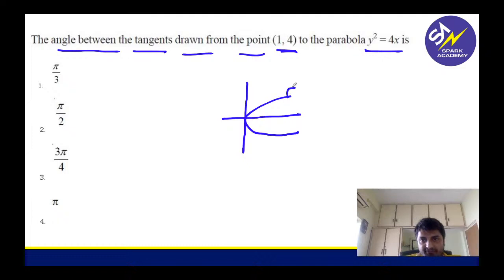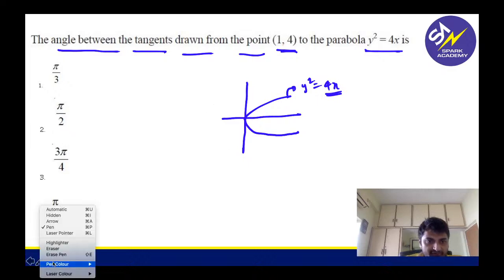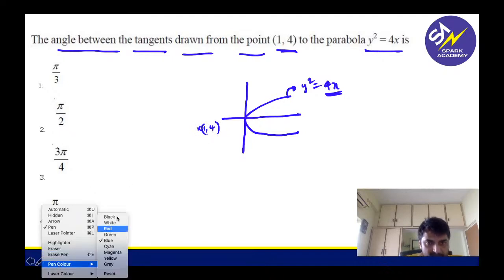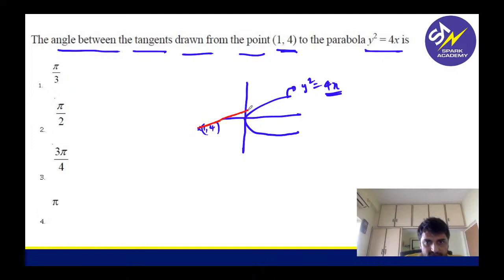This is your parabola which looks like y square equal to 4x. Now he is saying from 1 comma 4, if you draw a tangent, right? So from any point, I will take some point 1 comma 4 and I draw like this,